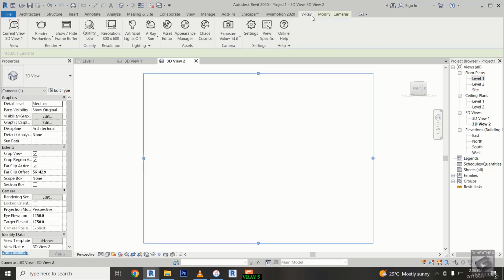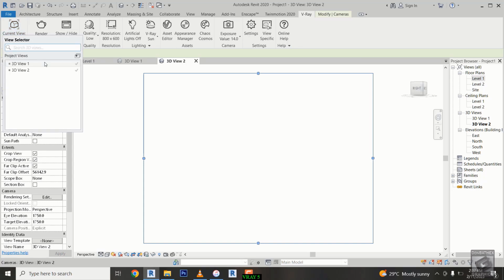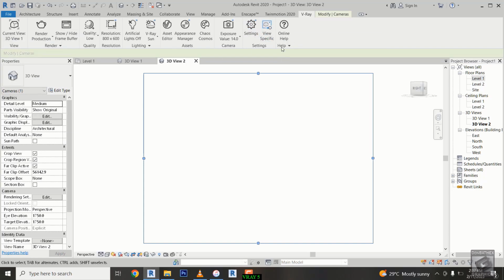When you go back to your Vray toolbar, what the view specific does is, when you select the 3D to render, you have 3D view 1 and 3D view 2. If you click on view specific, that means any settings you apply here for 3D view 1 will be different from the settings for 3D view 2. Once you have done all your settings here for 3D view 1, and you want to set different settings, maybe a morning scene for the 3D view 1 render, then for the 3D view 2 you are planning to make it a night scene,